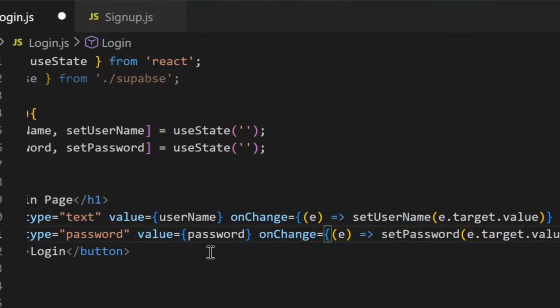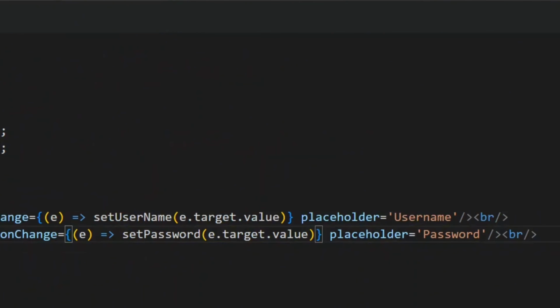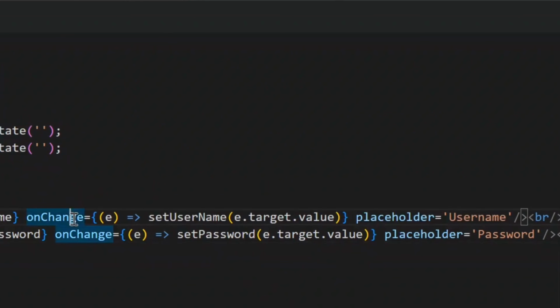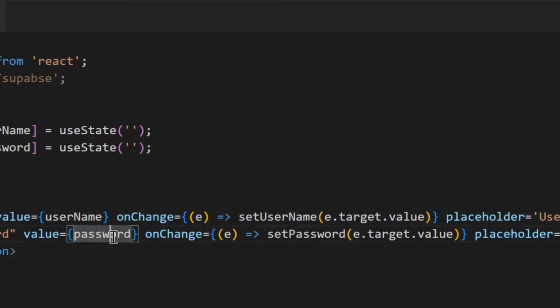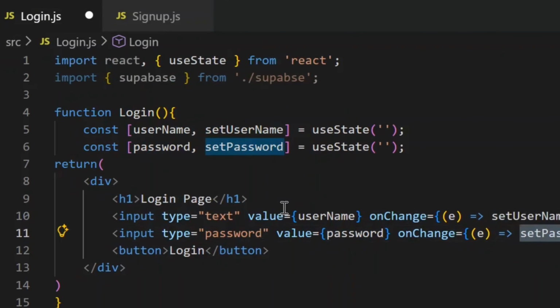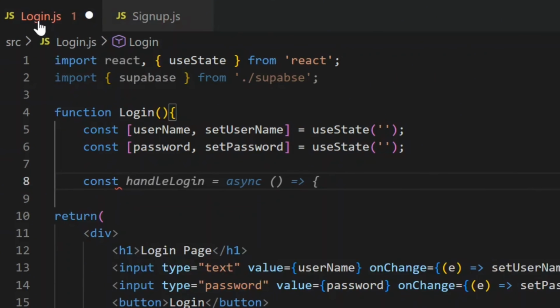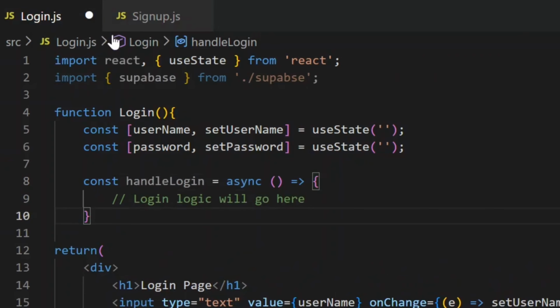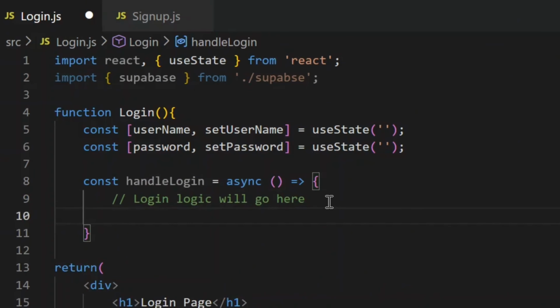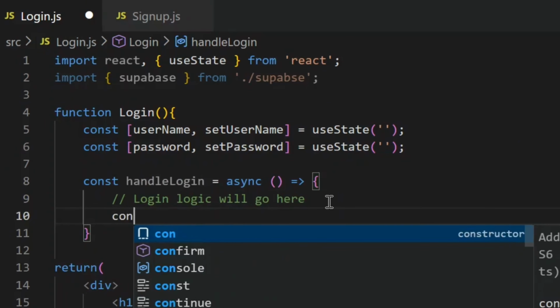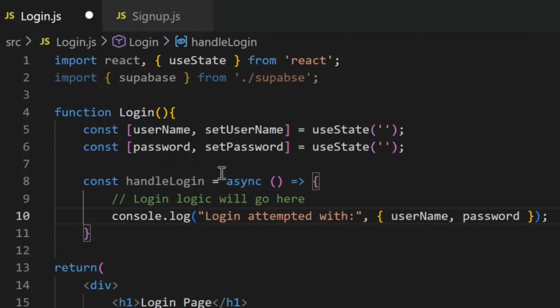So I have defined both and added the onChange method to set and get values, and after that we need to make the function to get values from the inputs. So firstly type const handleLogin and then console log both values and call this function in the login button.